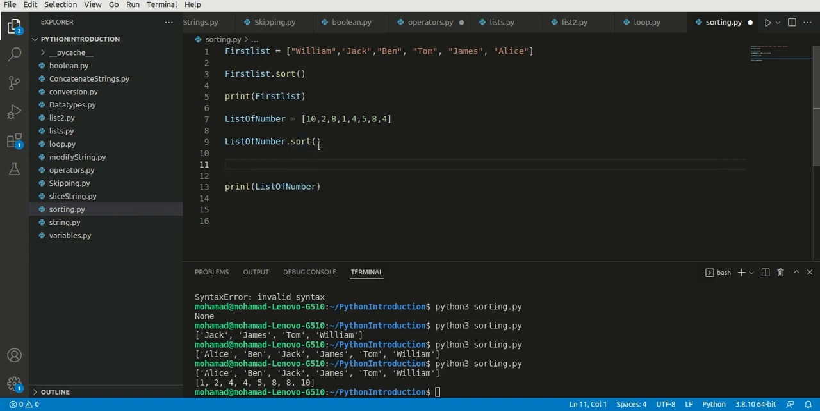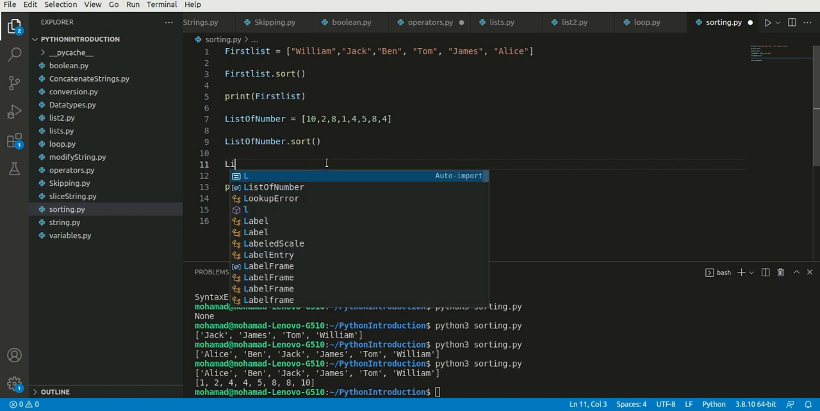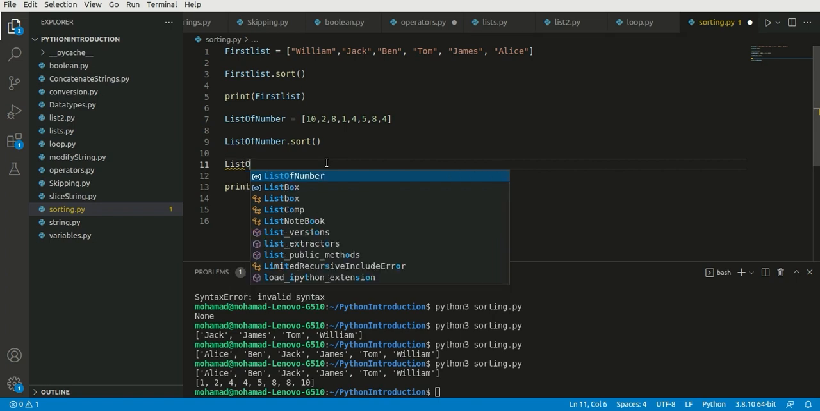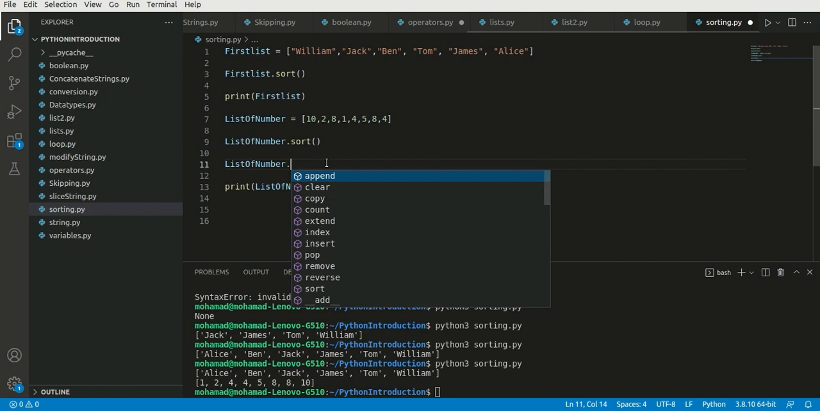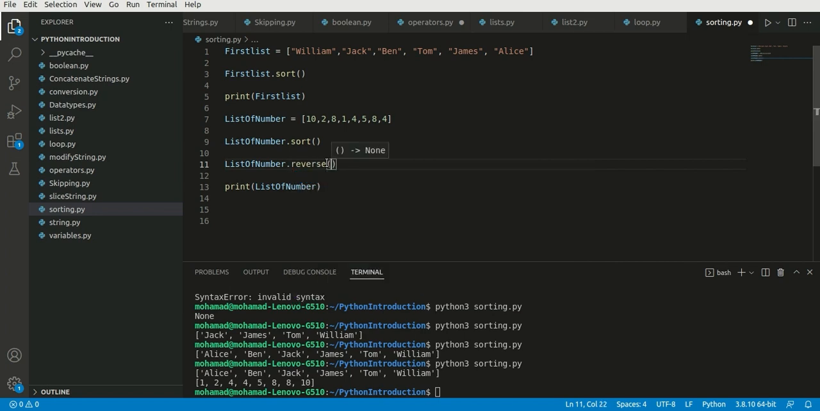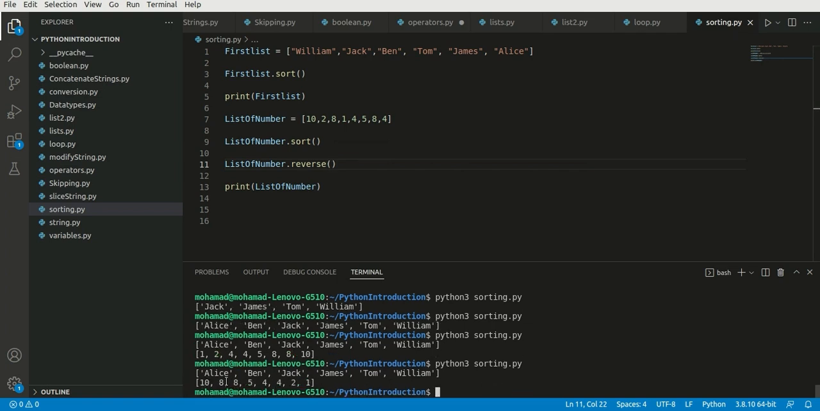After you use the sort function, you can also use the reverse function after the sort, so that we have a list which starts from the greatest number up to the smallest number. So here let's write list of number dot reverse, and once we save the code and run it, as you can see here, it starts from 10, 8, 8, 5, 4, 4, 2, 1, and it's just the way we want. We can also do the same for the order of alphabets and strings, and there's nothing hard about that,